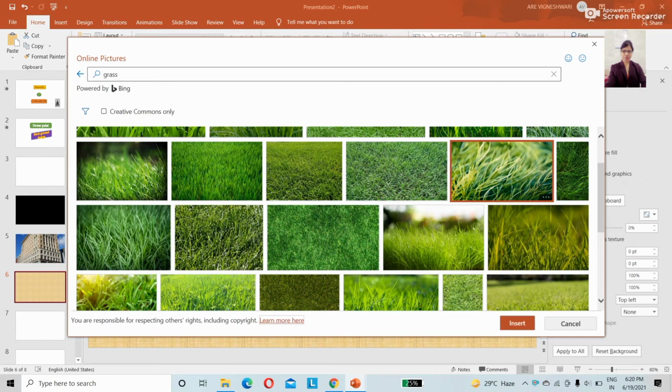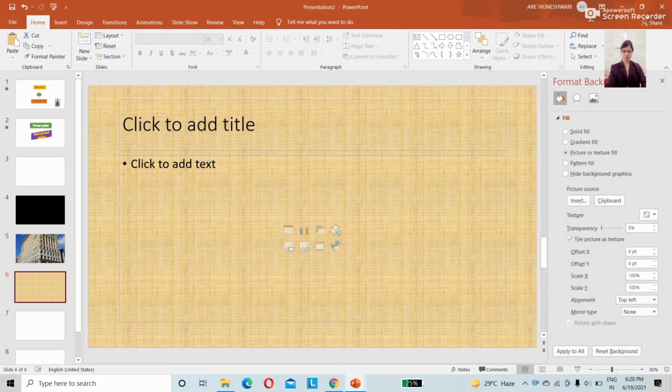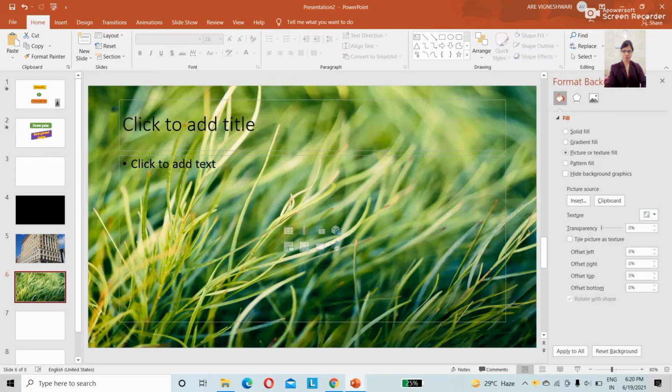Select the required grass image and insert. See, the complete background has changed into this particular grass image. Like that you can change to different images which are available with you or available online.